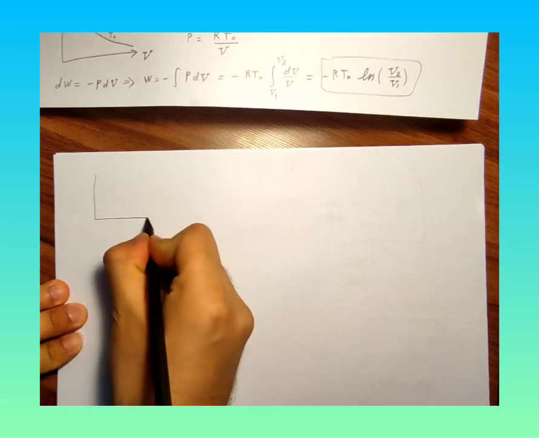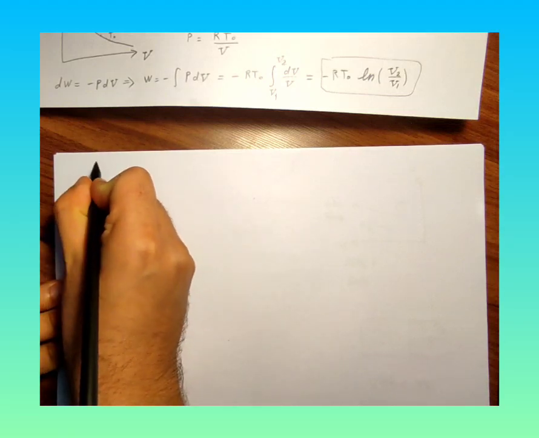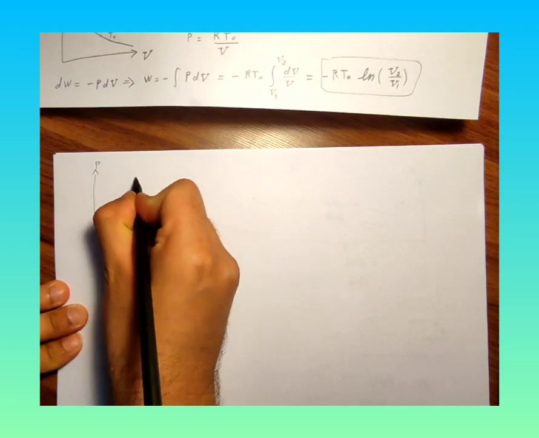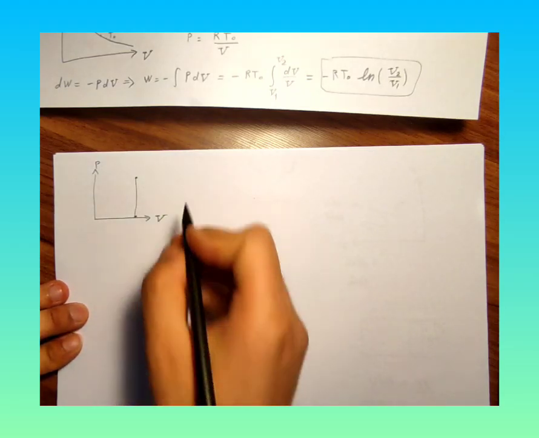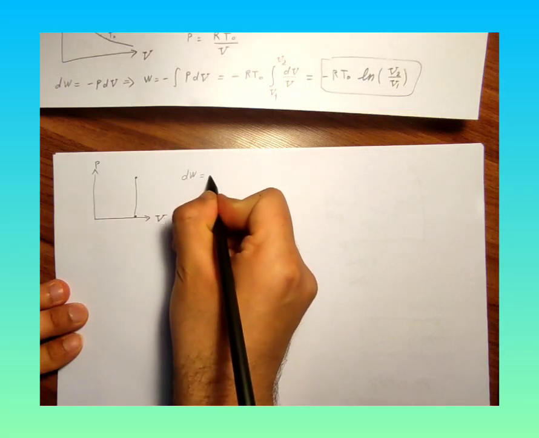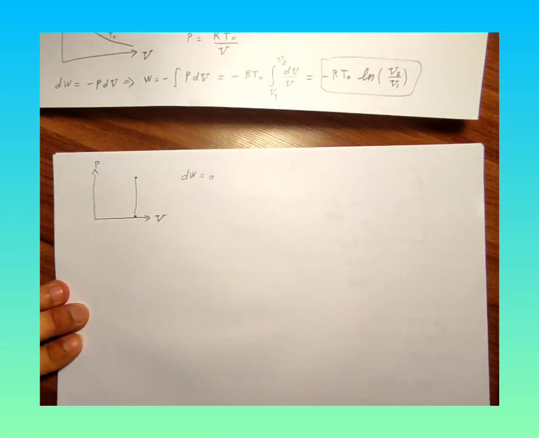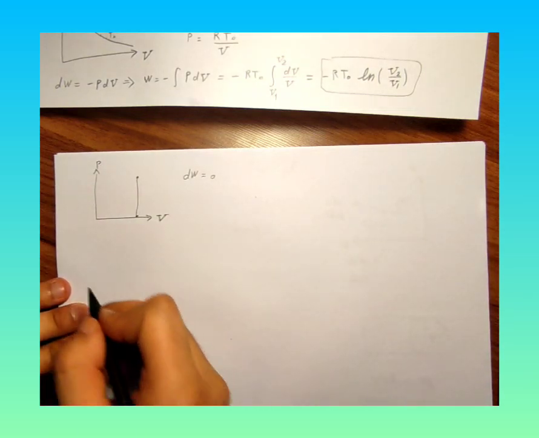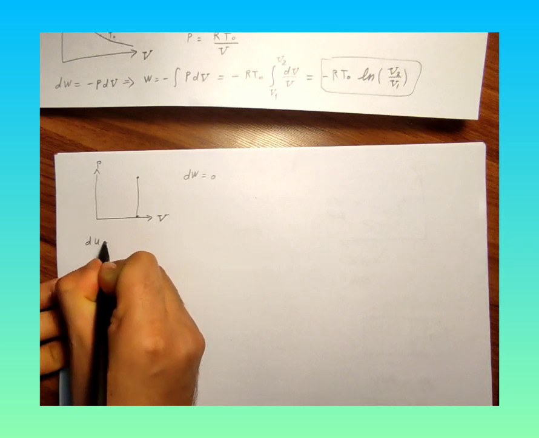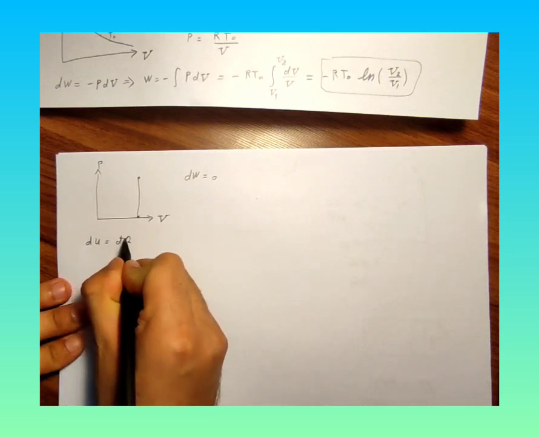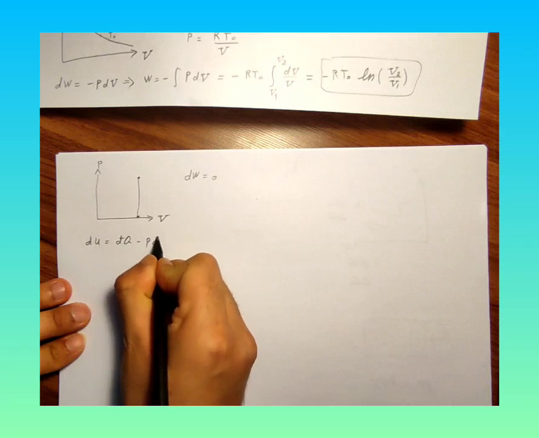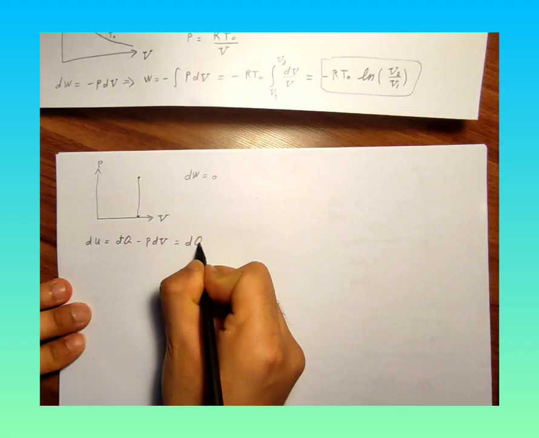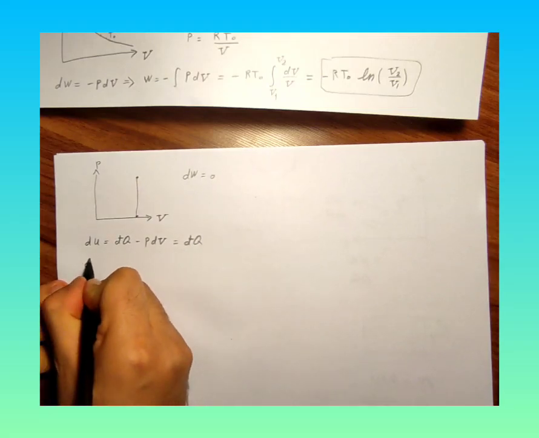Imagine a process where volume is constant, for example this process from here to here. dW is 0 because dW is minus P dV and dV is 0, V is constant. And dU, which is dQ minus P dV, or dQ plus dW, is dQ, and we like this